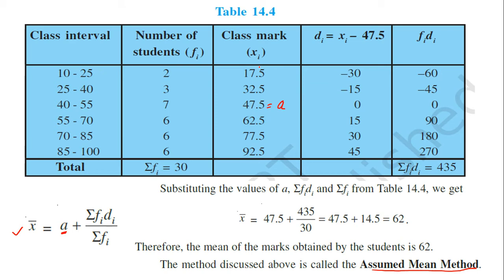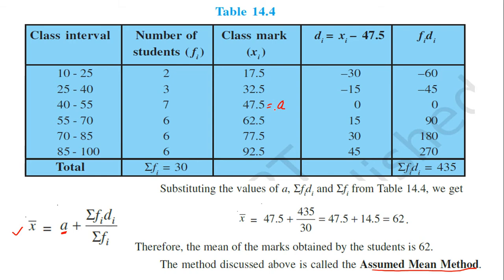To make such numbers easy. Why easy? Because here, as you can see, 17.5, 32.5, such typical numbers with decimal points and big numbers are really very hard and typical to multiply. So I have tried to make it simple. See here, these numbers you can see, all are simple numbers. So how did this come?